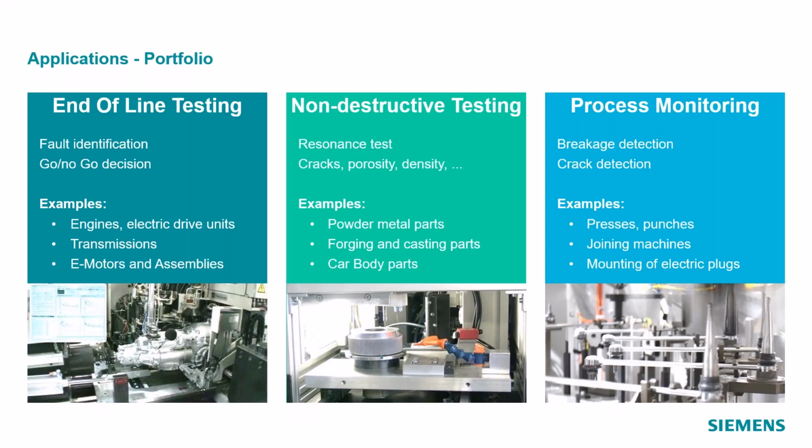For example, the connection rods that you see here: the joints are fitted together in this machine, and during this fitting process, it could happen that part of the joint breaks. The noise that occurs in that case is audible, and we can set an alarm. That's what our customers are doing with our system technology.